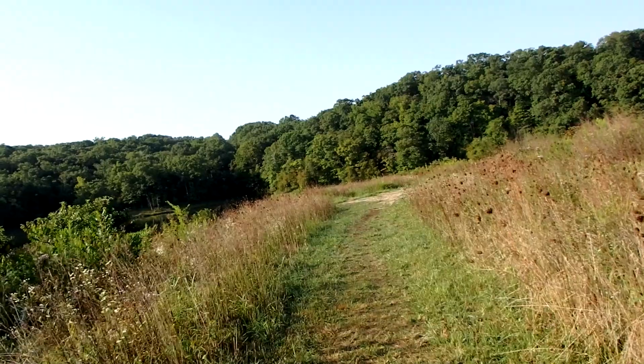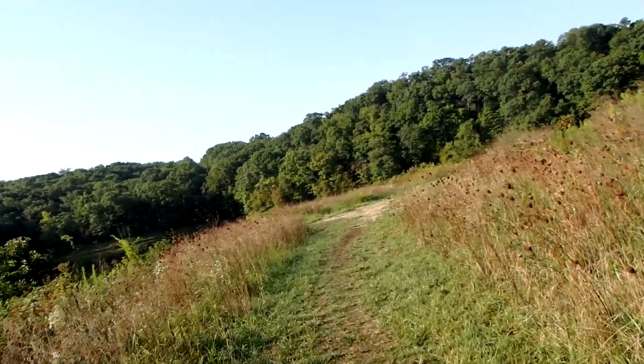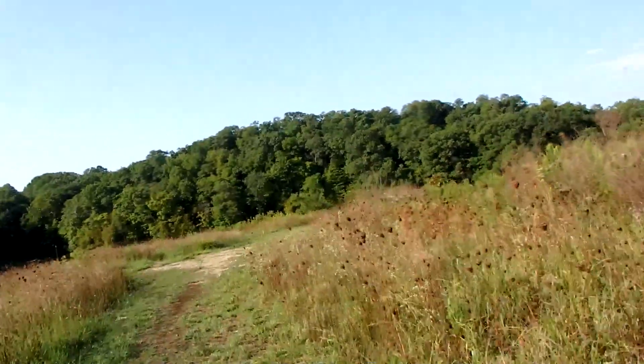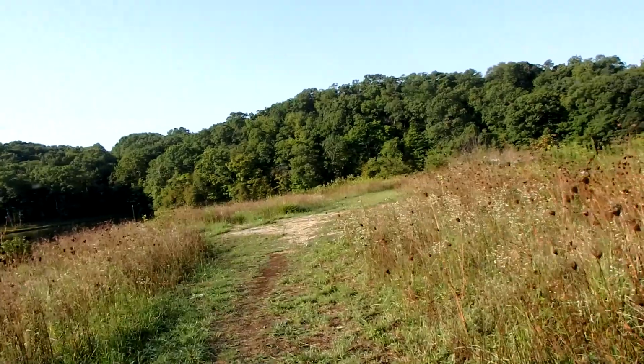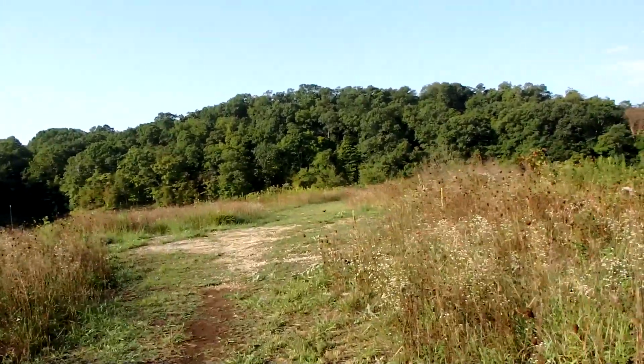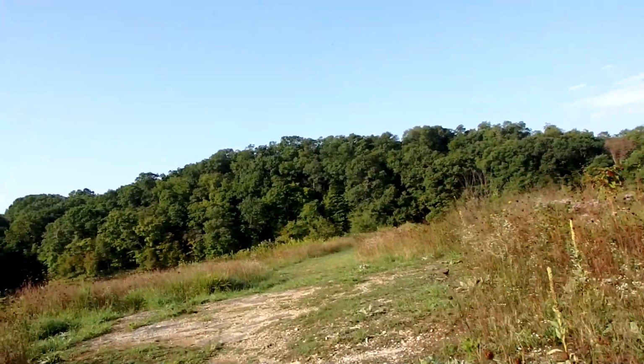That's another thing that I wanted to do on this hike, is do some tree identification. I did bring my Peterson's guide. One of the trees that I want to try to identify at some point is ash. I know that we have ash in this particular area, and I've been seeing a lot of